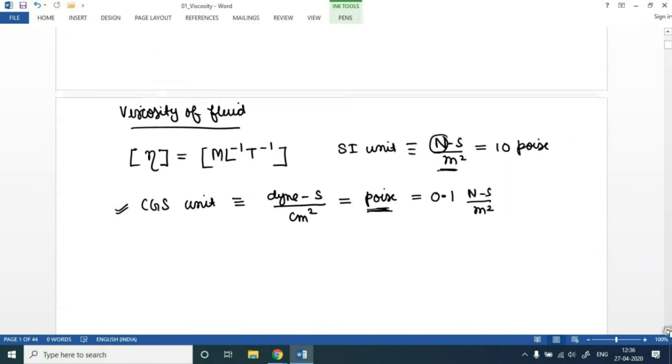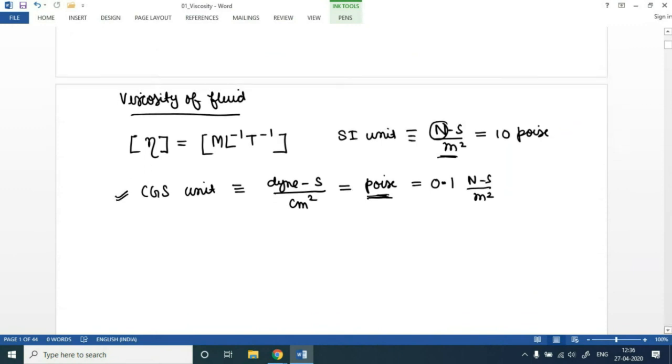Apart from that, viscosity of fluid is a property of liquid which varies with respect to the temperature of the liquid also. So let's look at these aspects, and that is for your information. First information is that viscosity of liquid decreases with increase in temperature,